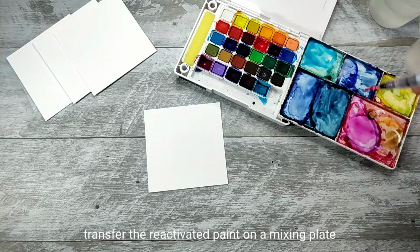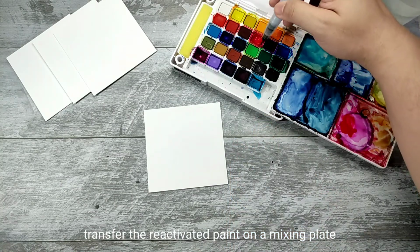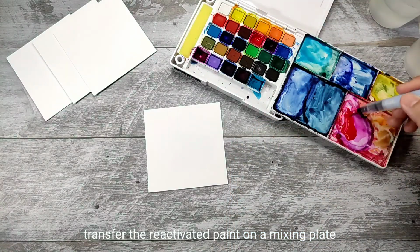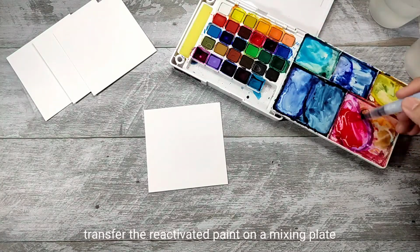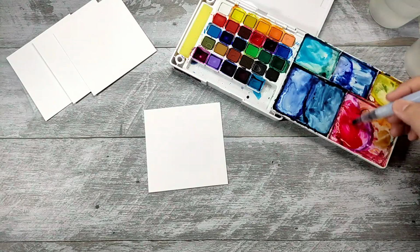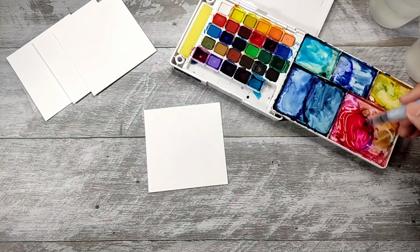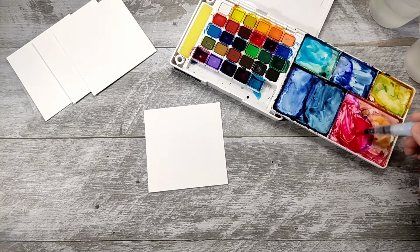And then, try to transfer the colors in the mixing plate first. Like this. So I'm using this color so that you can see it better on the camera. For our first technique, we will be using